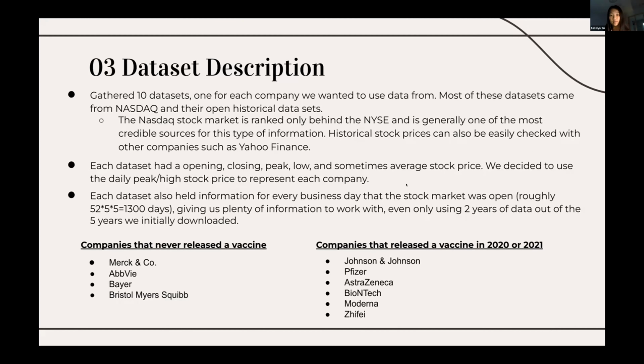In all of these data sets, there was the option of which stock price you wanted to choose, such as high, low, closing, opening, and sometimes the average. We ended up choosing the daily high stock price option. And even with narrowing our time period down to only 2020 and 2021, we still had more than sufficient data to analyze because the stock market is open every business day, and we had the data for all of the